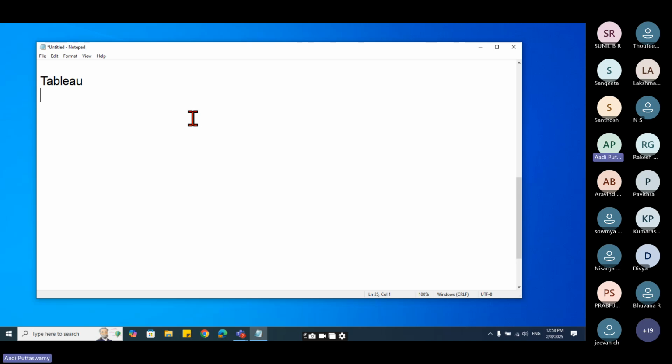Tableau. First thing is you have to install the software. Without software, how will you practice? There are various different ways where I can get this Tableau software. But people, it is very costly. Don't pay and take. I'll tell you some easiest ways to get the software. So what we'll do, first we'll go here